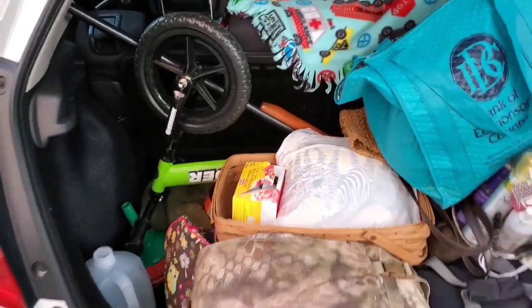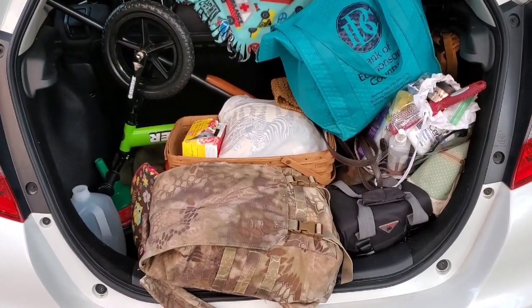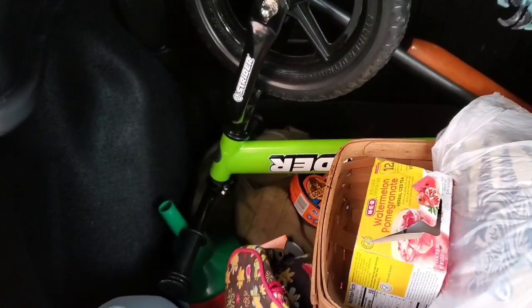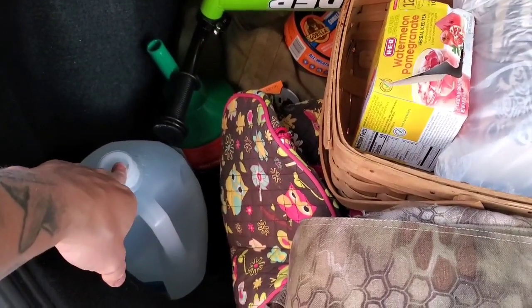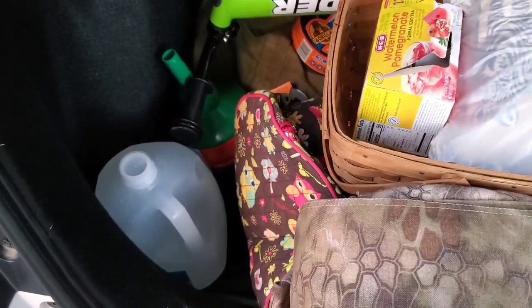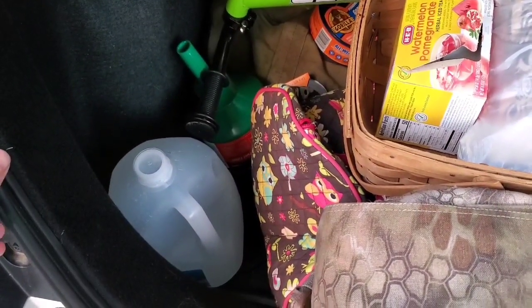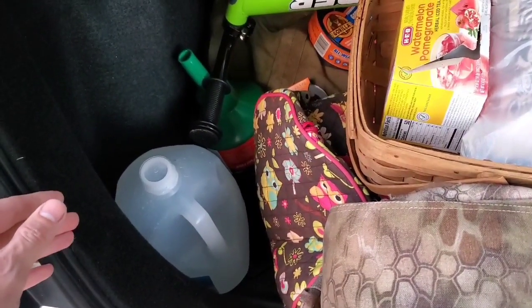So we've got a basic car loadout here, and there's a few things that I think people should consider that quite possibly they don't. I have a lot of water up front for us to drink in bottles, but it's wise to also keep at least a gallon in your car. This could be emergency drinking water, or it could be emergency engine water. And I have actually found myself in that situation before where I needed a quick fix to get me somewhere for a more permanent fix. And that quick fix was brought to me